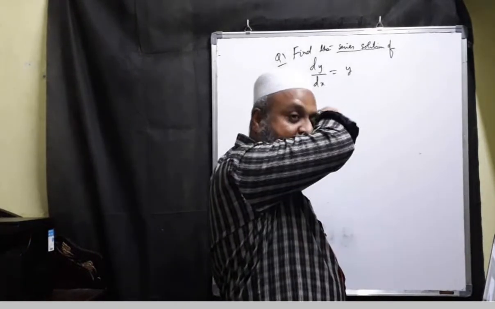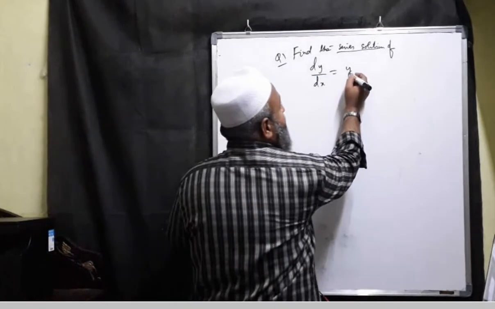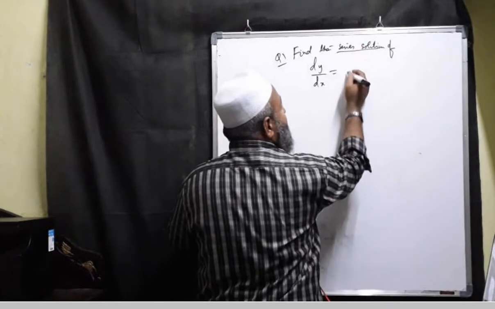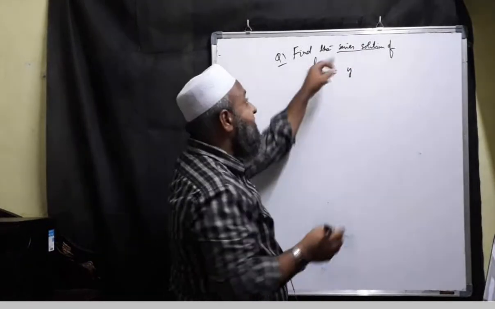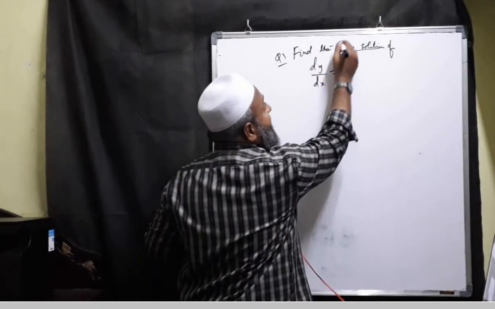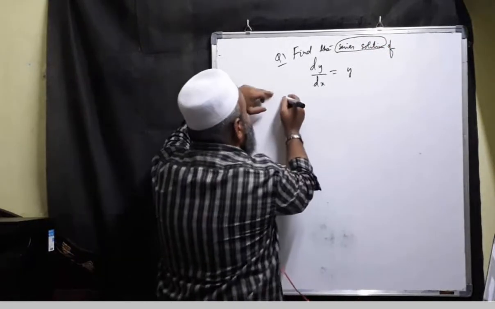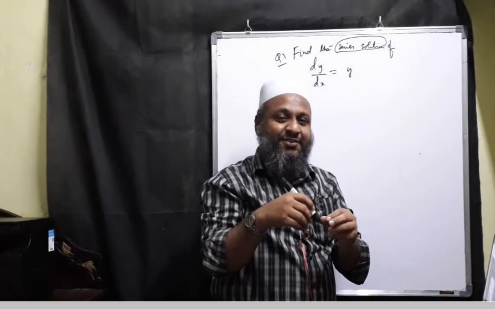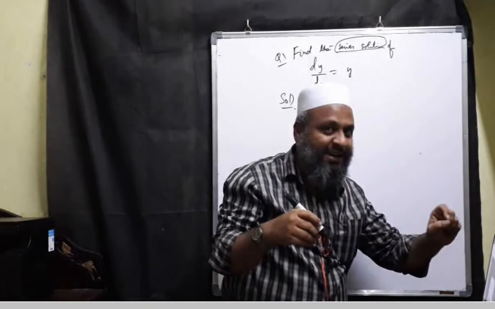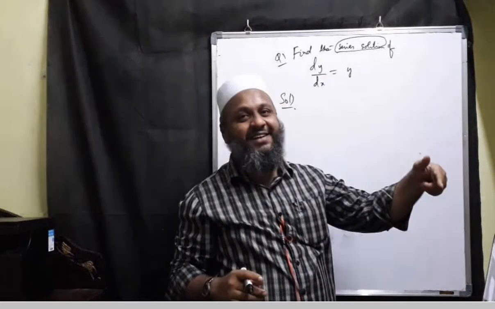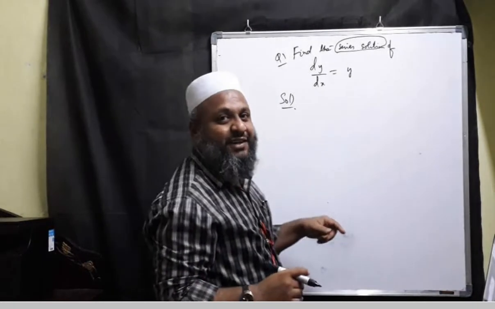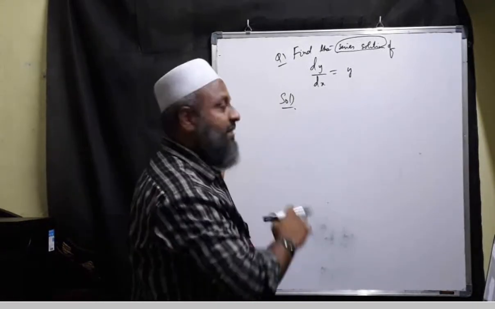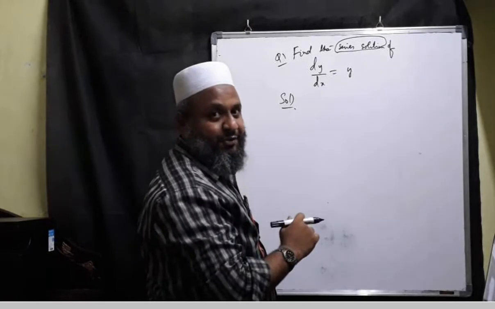As an example, I am taking one case here. It is a very simple problem, we can do it directly without the power series method, but the question demands that we find the series solution. So don't do it that way: first get the solution y equal to c into e to the power of x, then expand it. That's not the way. You have to get it in the form of an infinite series, without touching those other methods. So how do we assume it?